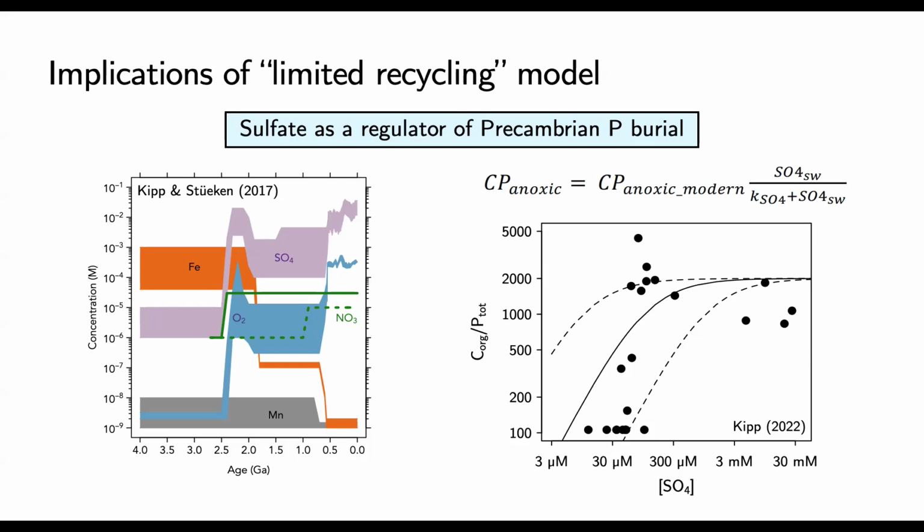And basically then wanted to ask the question, if this relationship exists, then by changing the amount of sulfate, you can change the amount of phosphorus recycling back to the water column, which will change productivity. It'll change the amount of oxygen in the atmosphere, delivery of sulfate through oxidative weathering, and you might get positive feedbacks as you grow the sulfate reservoir in the late Archean or early Paleoproterozoic.